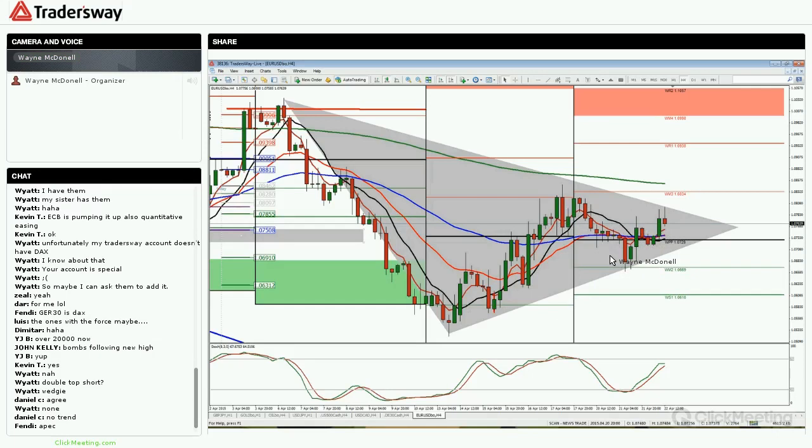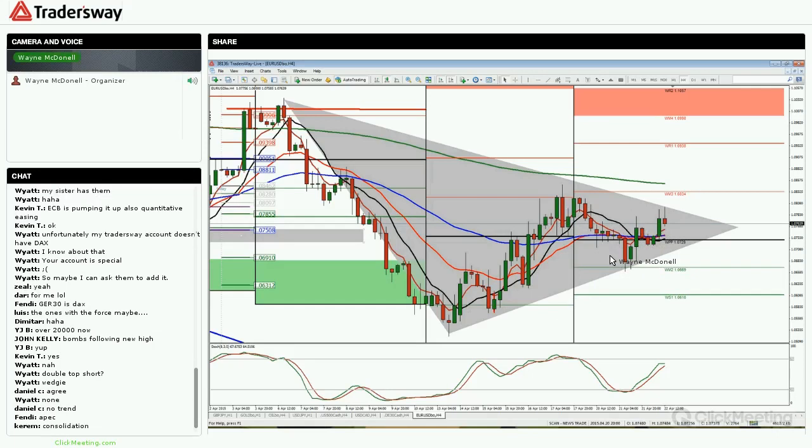Yeah, so you can play it all kinds of ways. I'm sure there's all kinds of strategies in this situation. I'll tell you what mine is. If it breaks out before the apex, which is here, it tends to be a fake out. If you get close to the apex, we're pretty close actually, then it's much more trustable.